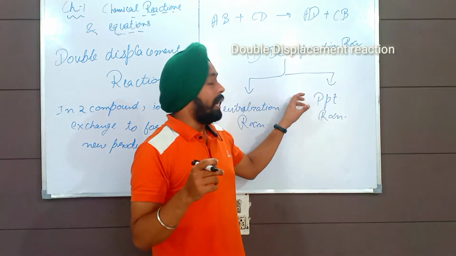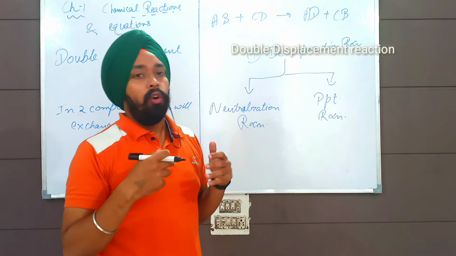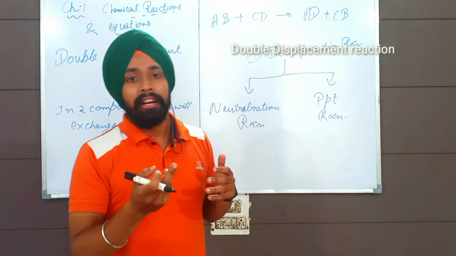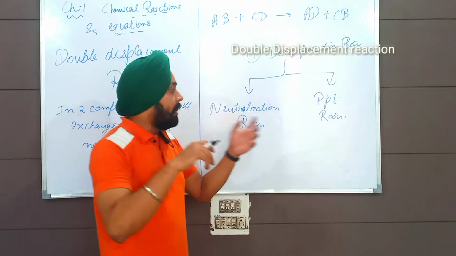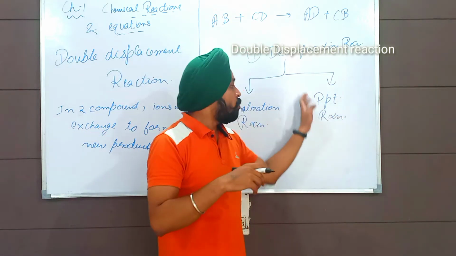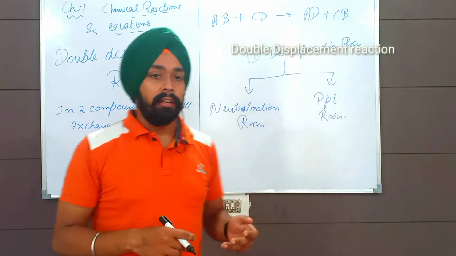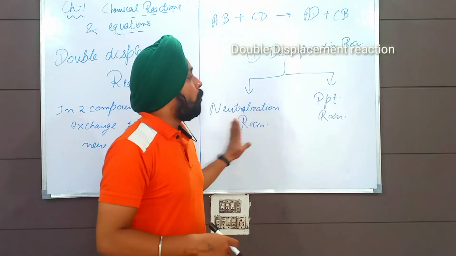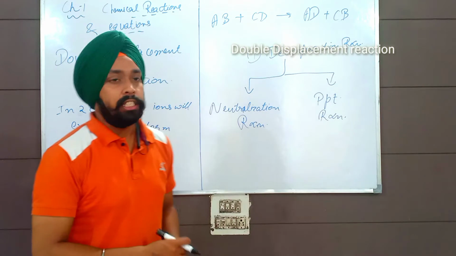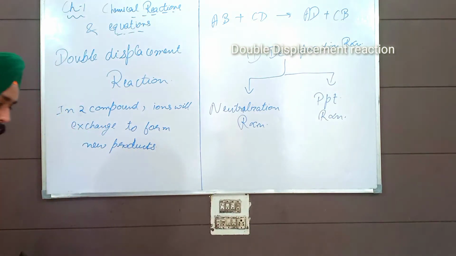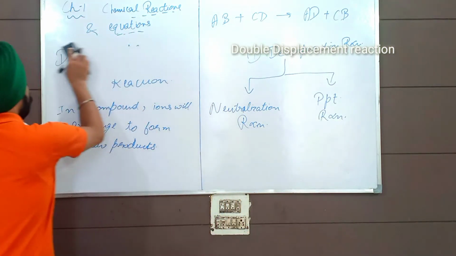And precipitation, we have done in our video on the characteristics of chemical reactions, how we come to know that a chemical reaction has taken place. There we did 5 things: evolution of gas, change of temperature, and formation of precipitate. ठीक है, तो ये हमारे 2 पार्ट्स हो गए. One is neutralization and other is precipitation reaction. इसको हम डिटेल में देखते हैं कि न्यूट्रलाइजेशन में कौन कौन से रिएक्शंस हो सकते हैं.